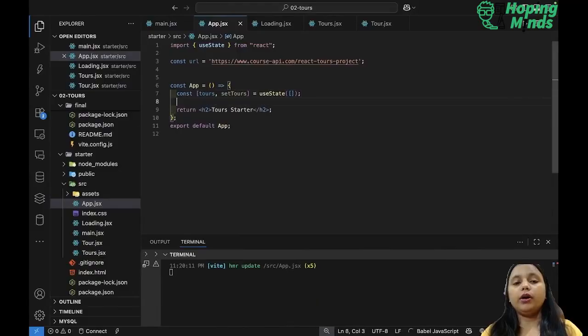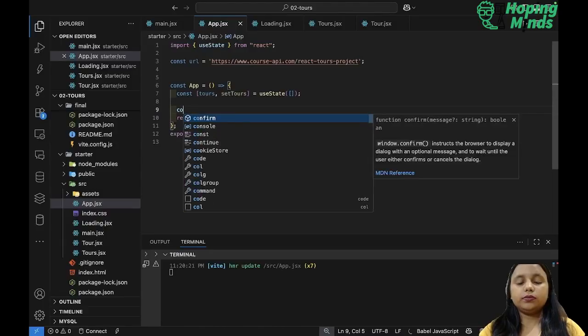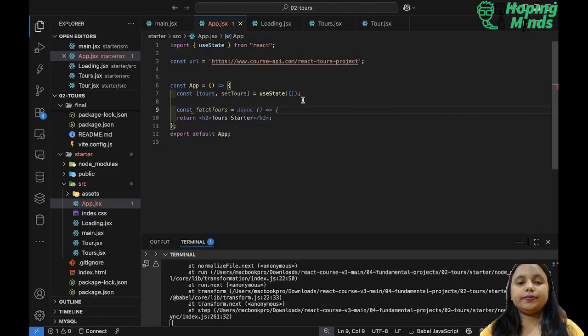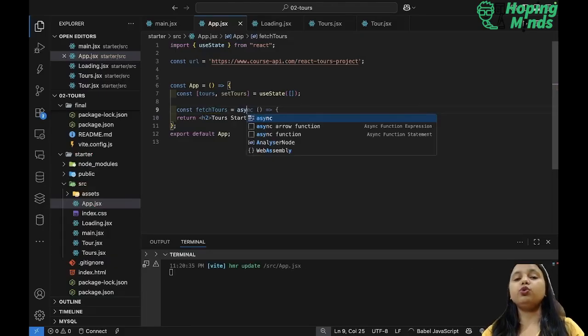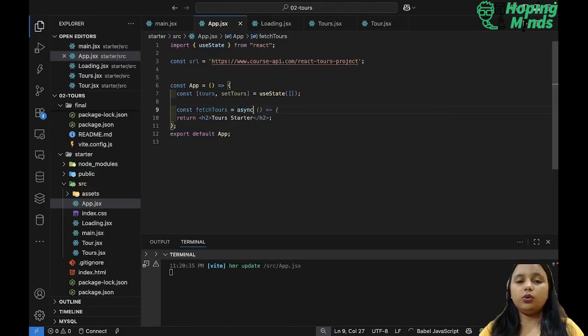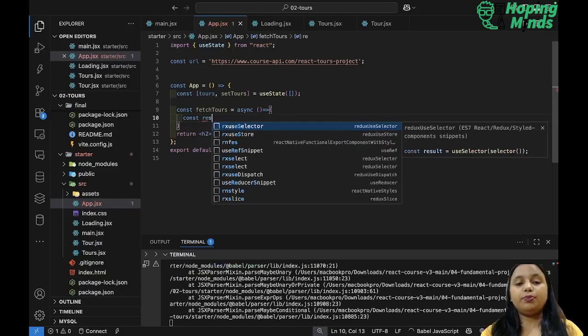And now what we have to do is create a function. So let's say const fetchTours, because we are going to fetch it. So we'll say fetchTours equals async. As we have used async before, we are going to use async over here. In this, you have to get the response from this particular API, right? How you will write it, you already know, you have done this many times. So you will say const response